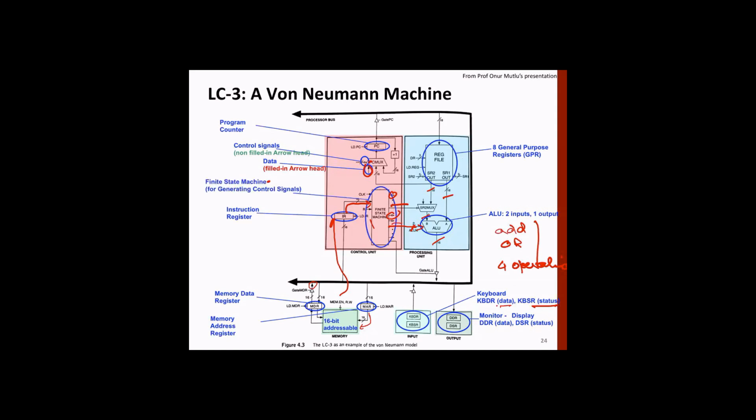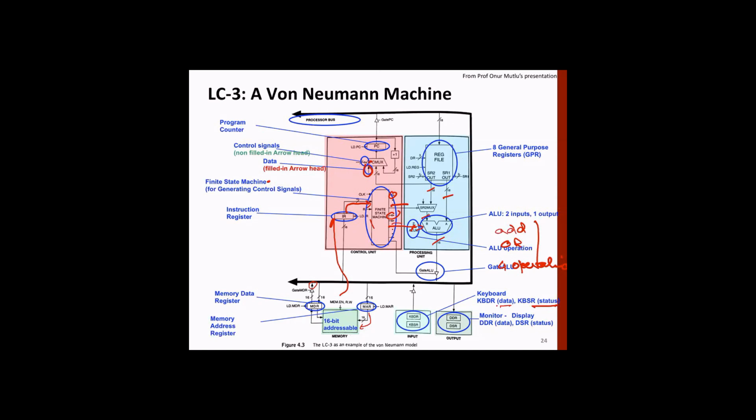Then something we already discussed: to control the operation of the ALU, we have something called ALU control, and a certain number of gates. So the role of this FSM is to interpret the instruction that has been fetched and generate various control signals. Those signals go to various units like the register file, ALU, memory, and the gates and multiplexers, so that the instruction execution happens. That's all we have to discuss today.